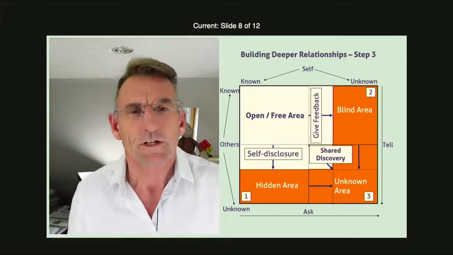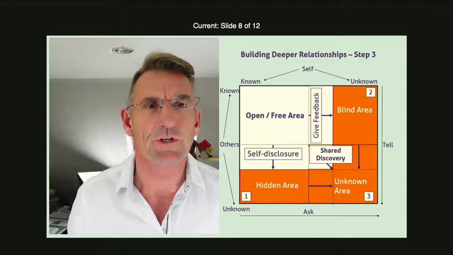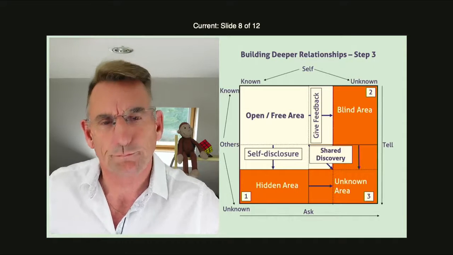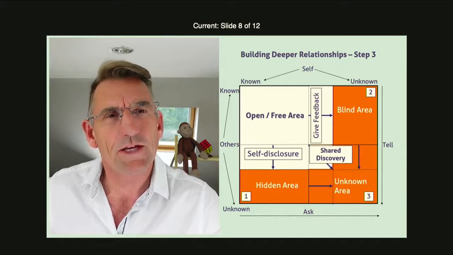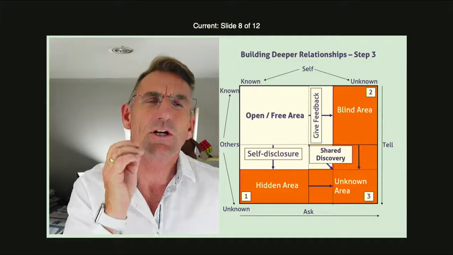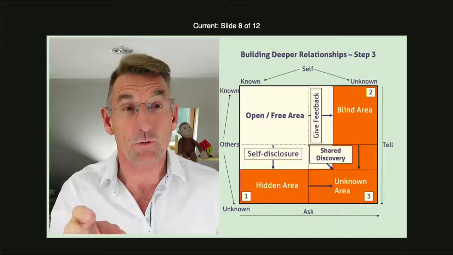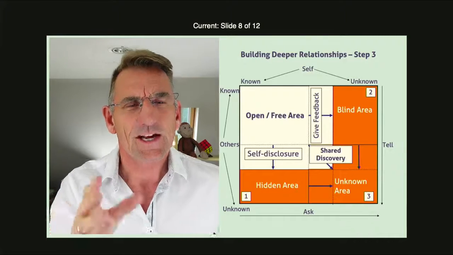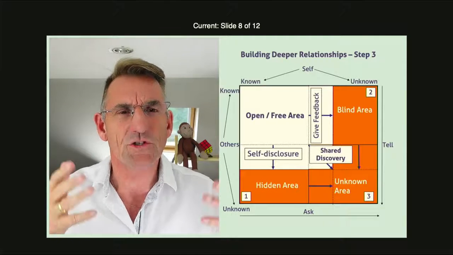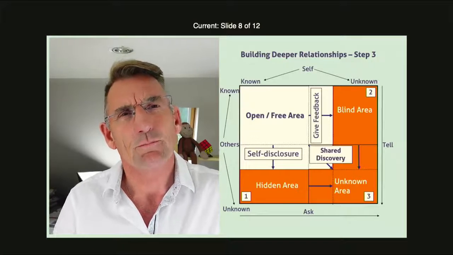Now, this is interesting because this one builds really on the other 2. You can't do this until you've got used to doing the first 2 value points well. But I'm often amazed, and these are about adult to adult conversations now. This is about shared discovery, about looking into the unknown about you and others. Now, how does that work? It takes a while to understand what's happening here, but just imagine that you're talking to a dear friend, and between you,